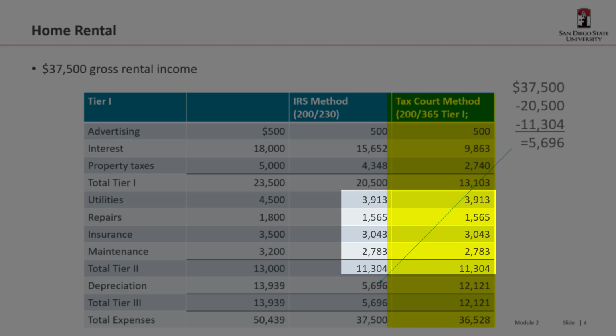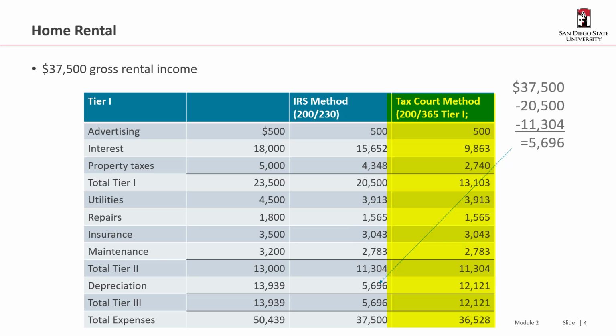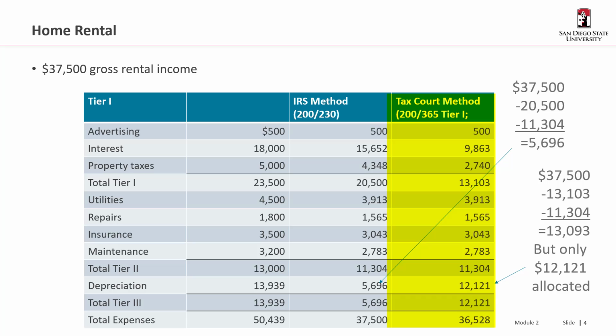Tier 2 is using the old method, 200 divided by 230. The tax court method only applies to Tier 1 expenses. So the same Tier 2 allocation, 11,304. Now we get to depreciation. So I have 37.5. 13,103 minus 11,304, so I deduct Tier 1, I deduct Tier 2, I end up with 13,093. But 13,939 times 200 divided by 230 is only 12,121. So I'm going to deduct my actual allocated depreciation of 12,121, which means that my total expenses are actually